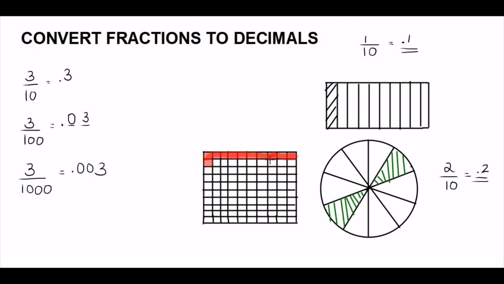Now here there are 10 rows and 10 columns. So altogether there are 100 equal parts. So how many parts are shaded? 10 and 1. So 11 parts are shaded. So 11 by 100 is the fraction. Now when you convert this to decimal, there are 2 zeros. So there are 2 decimal places after the decimal point. And there are here 2 digits. So you can write 0.11. So this is the decimal number for this fraction.